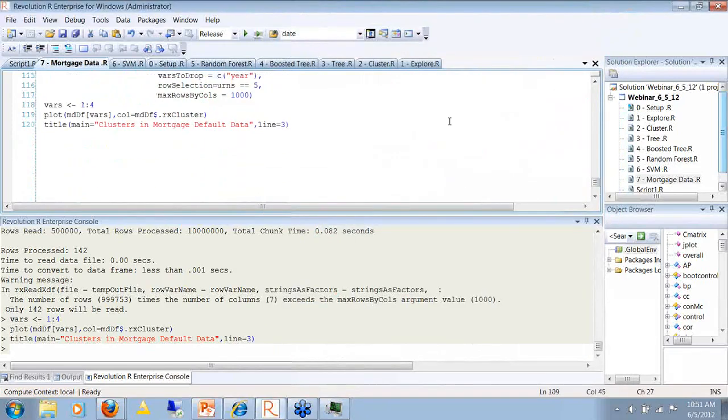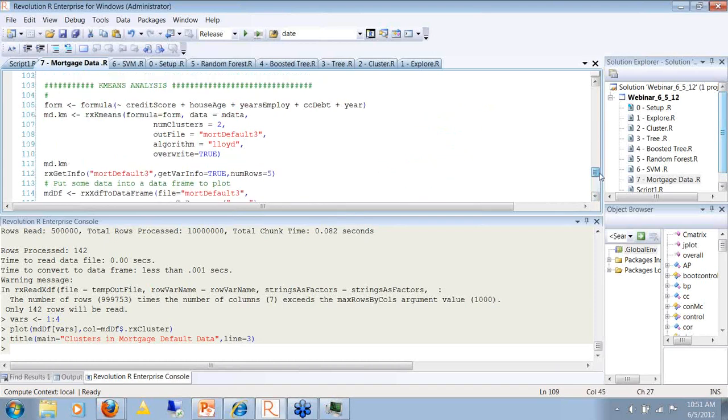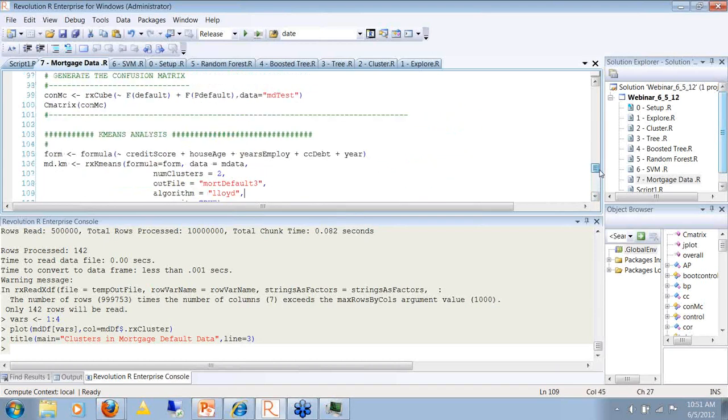In any event, that was a quick look at RevoScaleR and how it can be used on a data set that might not fit into the memory of your little laptop.